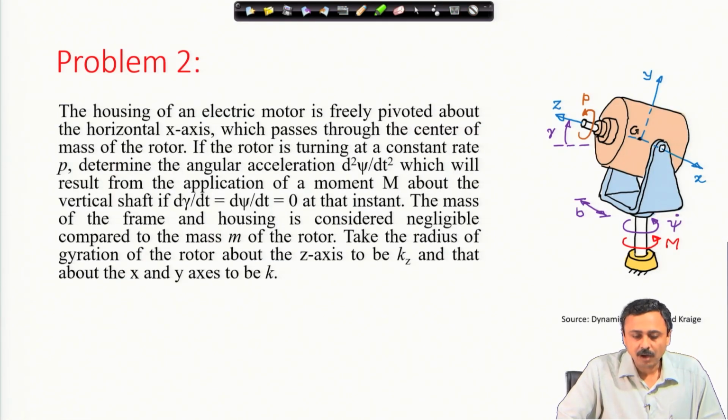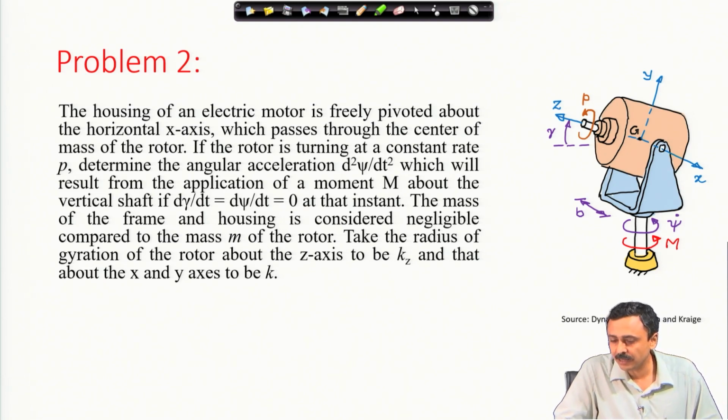This is the second problem. The housing of an electric motor is freely pivoted about the horizontal x axis, which passes through the center of mass of the rotor. If the rotor is turning at a constant rate p, determine the angular acceleration psi double dot, which will result from the application of a moment M about the vertical shaft if d gamma dt